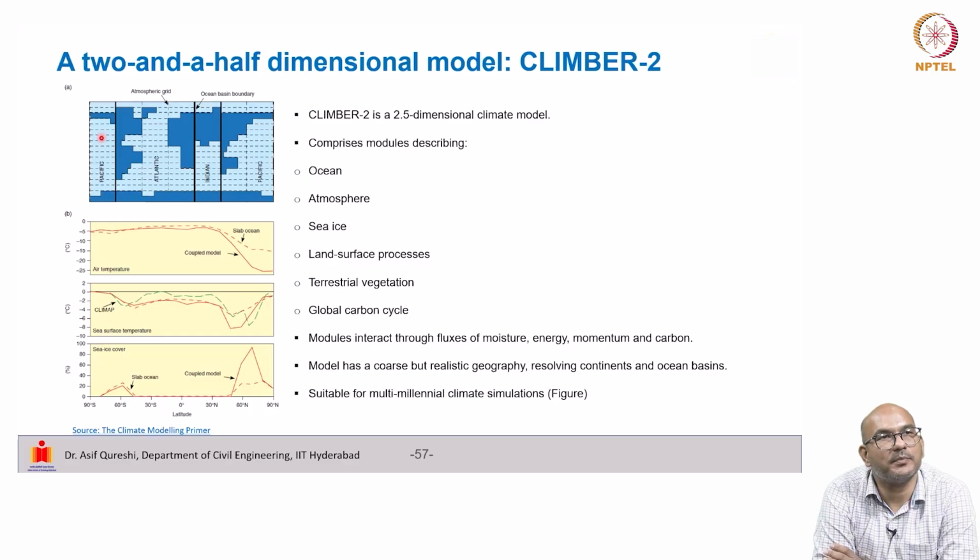So, we have the Pacific Ocean here, then the Atlantic Ocean, Indian Ocean, Pacific Ocean. These are our ocean boundaries and these are the atmospheric grids. This model is suitable for multi-millennium climate simulations. So, how do they work? This is the latitude and longitude, and we can see the changes in temperature through different models and